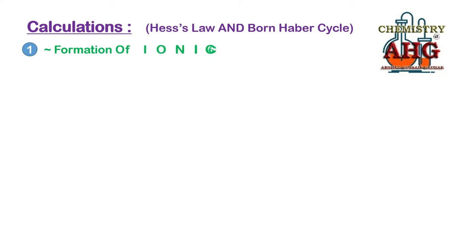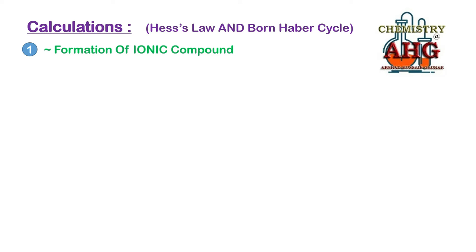Let's start. Remember, these calculations are particularly for Hess's law and Born-Haber cycle. There can be three different types of numerical problem that are asked for Born-Haber cycle. Number one, for the formation of ionic compound. Now, to get the formula of an ionic compound, you must remember two pieces of information. Number one, for the direct path, which enthalpy change is always equal to? For the direct path, enthalpy change of formation is always taken as the resultant vector, and this enthalpy change of formation is taken equal to the enthalpy change of three steps.